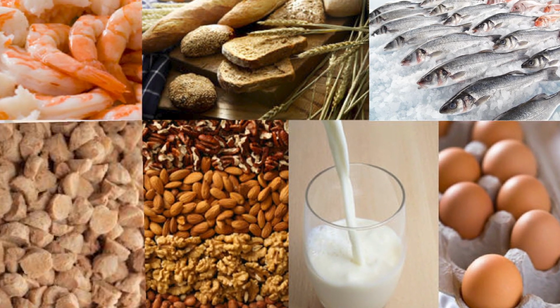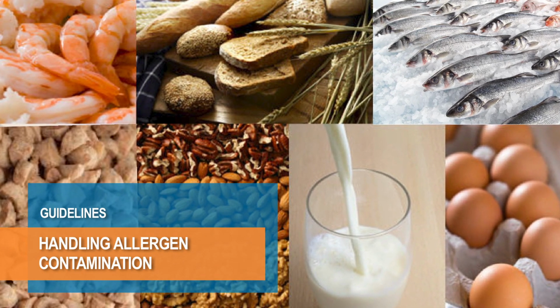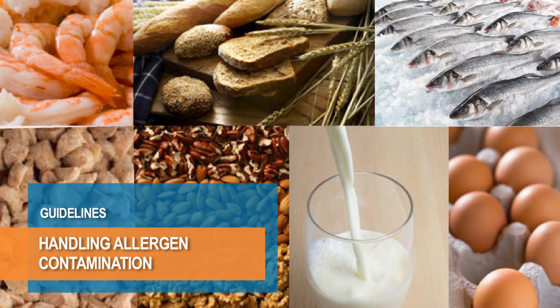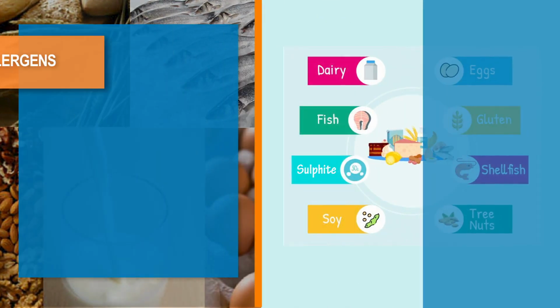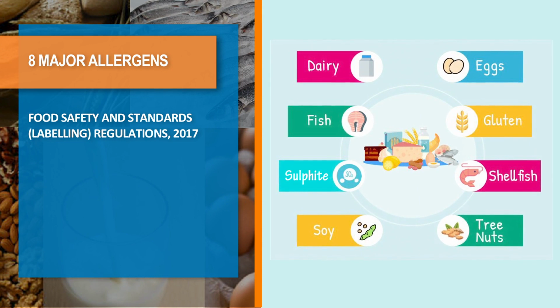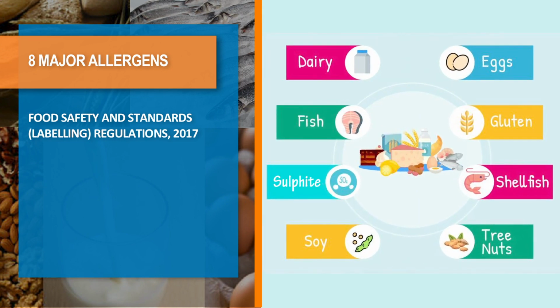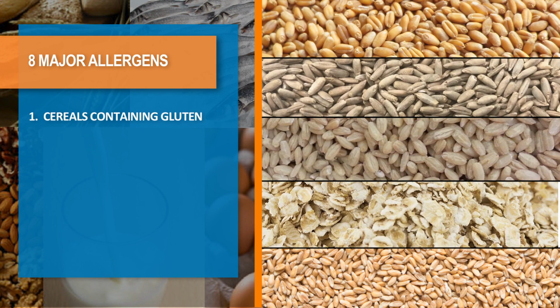In this video, we will learn about hygienic handling of food material containing allergens. There are 8 major allergens listed in Food Safety and Standards Labeling Regulations 2017, namely cereals containing gluten, that is wheat, rye, barley, oats, spelt or their hybridized strains and products of these,